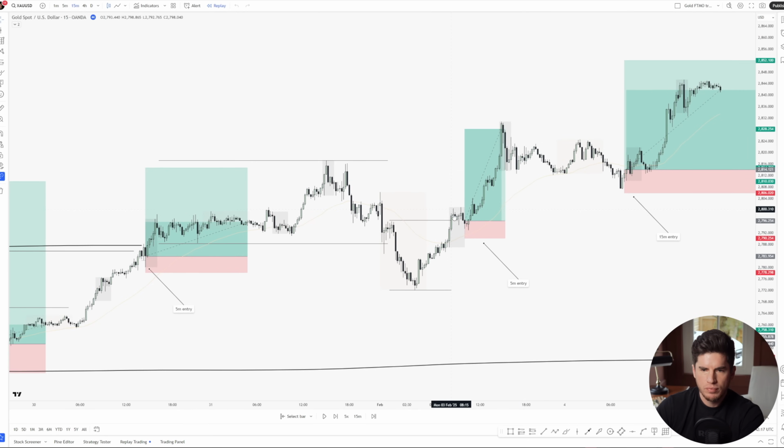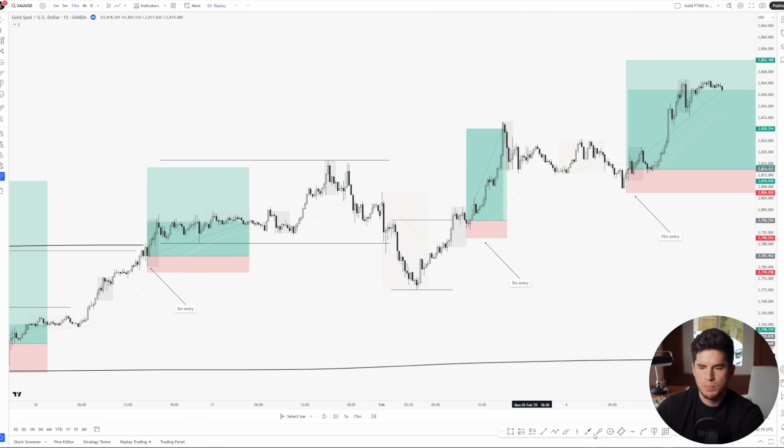But it takes the high, it consolidates. I'm not expecting this to be a liquidity sweep and then drive price lower, because we are higher time frame in a bullish market, not a bearish market. Now this is a London session trade.